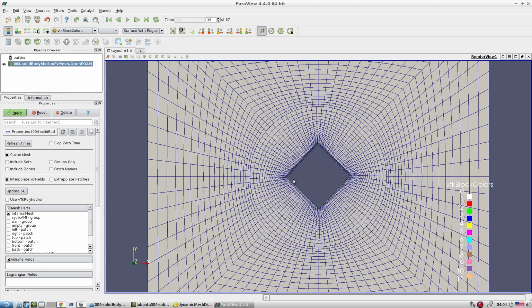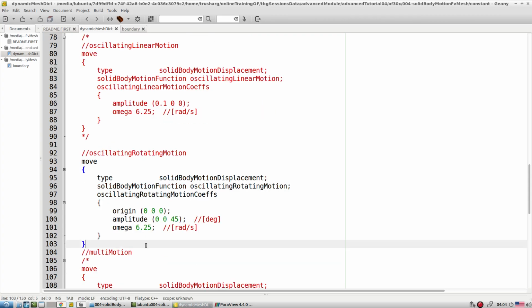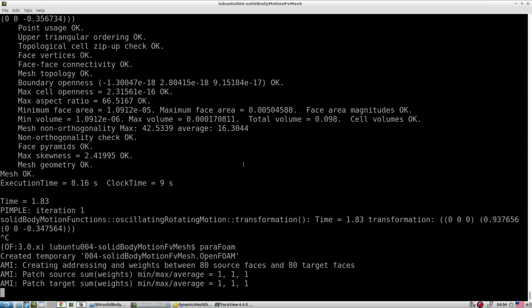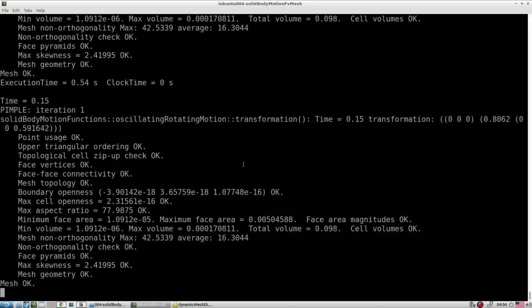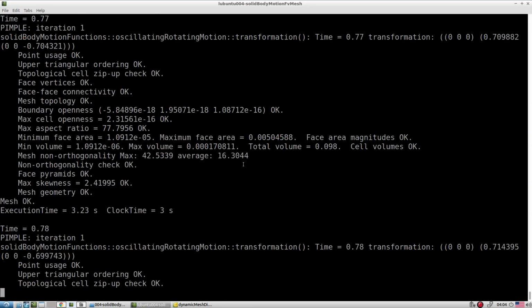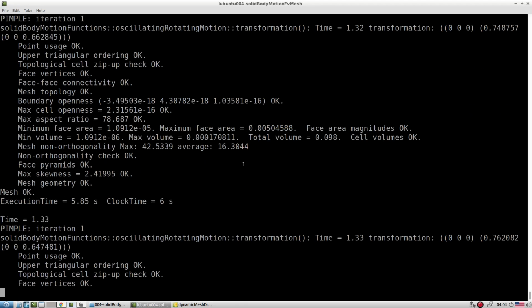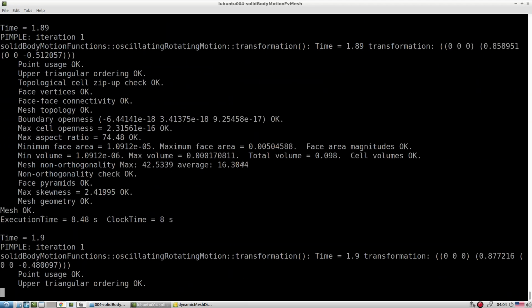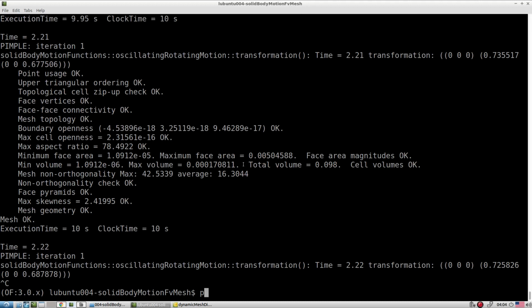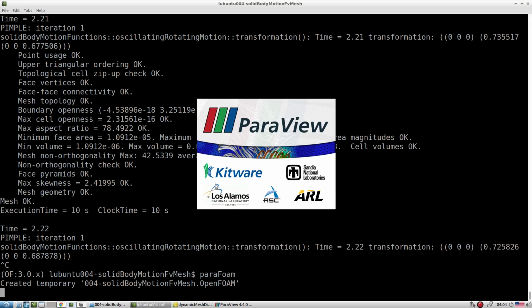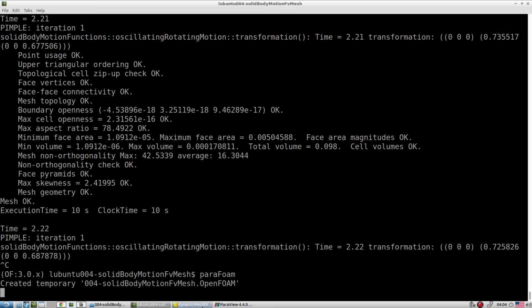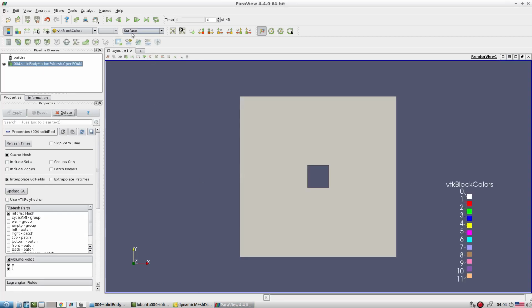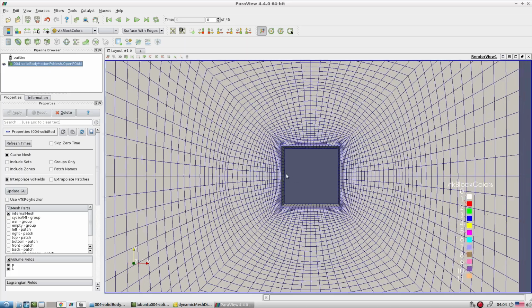But for this oscillation, let's say we want to increase the angle. It is now 45 degrees, let's say 60 degrees, or 90 degrees. If we go with 90 degrees, in the case of the patch-based approach it is going to fail, but here it is not going to fail because the entire cell zone is oscillating. Depending on your requirement, you can go ahead and simulate the test case. You remember for our tutorial test 1, we tried to oscillate it for a larger angle and it failed.